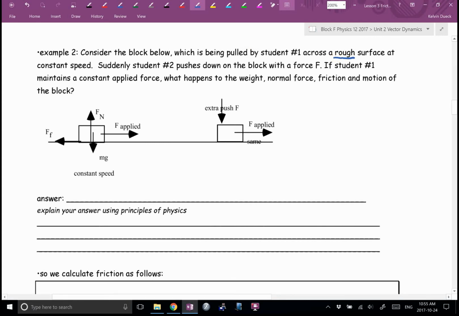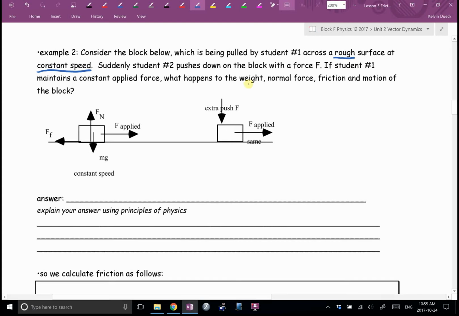But there's a two-word key phrase here that I should underline. You're pushing it at a constant speed. Can you imagine that? Pushing it at a constant speed. And then student number 2, Patrick, comes along and pushes down on the block. You know what? Let's pretend he sits on the bench. If student number 1, if Jaden maintains that same constant applied force, what happens to the,